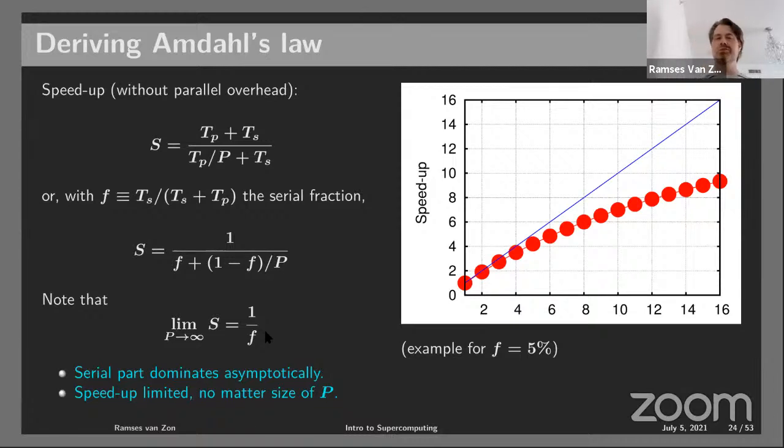This makes sense because no matter what you do, you always have to do the serial part, right? So if the serial part was 5%, I always have to do that 5%. So if the rest of the time is vanishing, I still have that 5%, which is exactly, so 1 over 5% would be 20. So this would eventually plateau at 20. So that is annoying. This serial fraction is eventually going to win, even if there's a substantial part that can be parallelized. And this matters a lot if you have these large supercomputers.